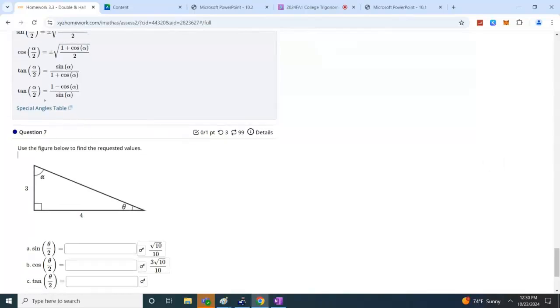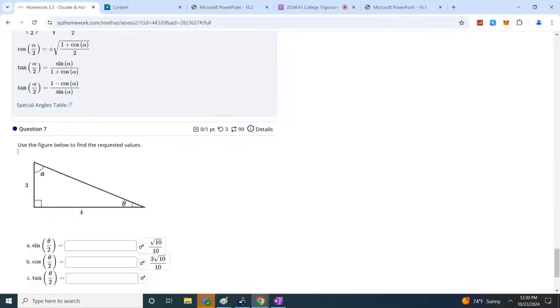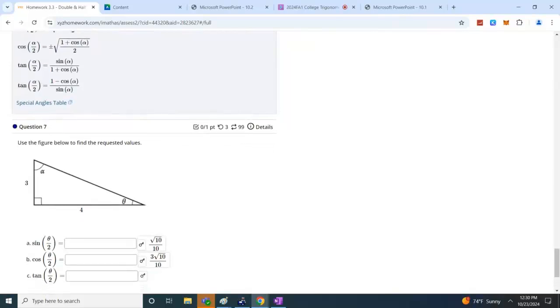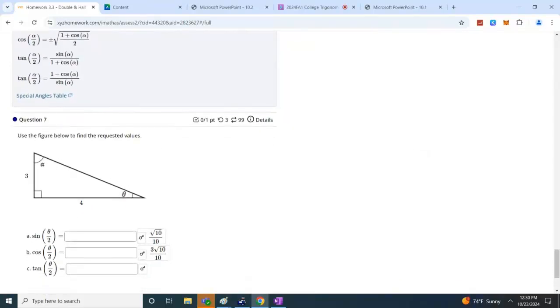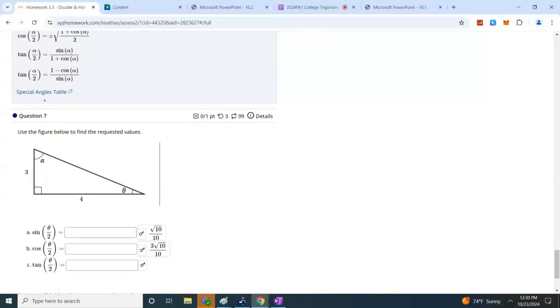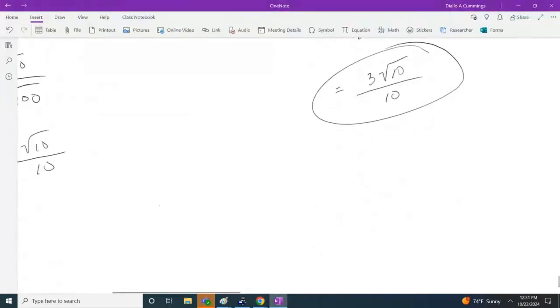But this could also be... come on, I want this right. The half angle for tangent over 2, this could be written as